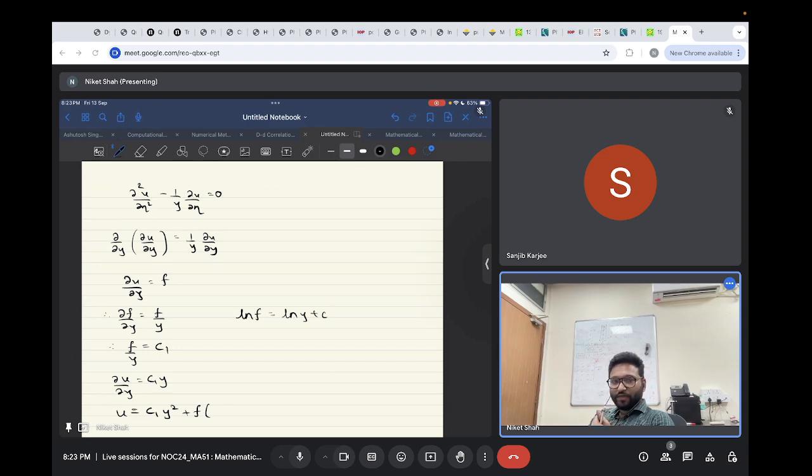So f by y is c1. That does make sense, right? I take it to the left. Ln f minus ln y is equal to c. So f by y is c1, which is del u by del y, is equal to c1 into y. It's c1 into y square plus this is some function of